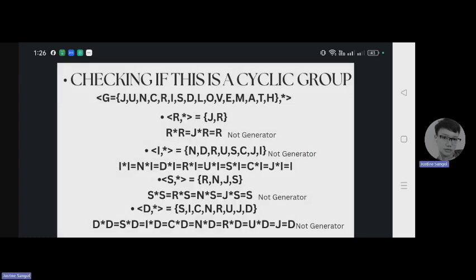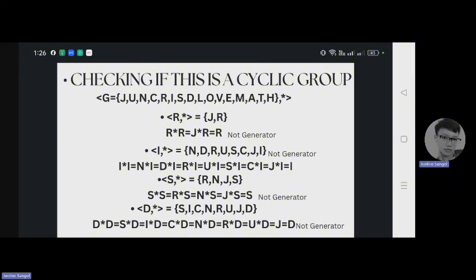And the next element is R. R star R is equal to J. J star R is equal to R. Since R does not generate all the elements, R is not a generator.